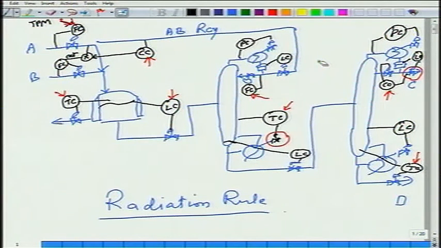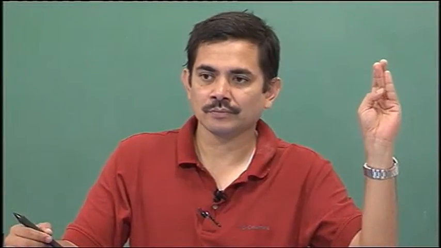I keep jacking up the throughput manipulator set point, and let us then say the second column also reaches its flooding condition, because the feed to that column has increased so much. To do the separation, the boil up in that second column also increases, and at that higher boil up, second column also floods. Okay. So my maximum throughput condition corresponds to what? Maximum temperature, maximum level, column 1 in flooding condition, column 2 in flooding condition. Product purity must be maintained. Yes or no?